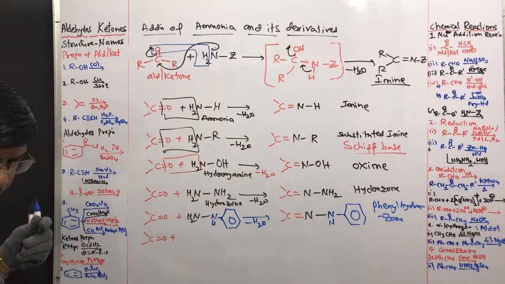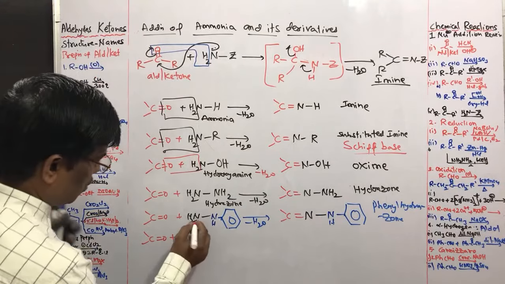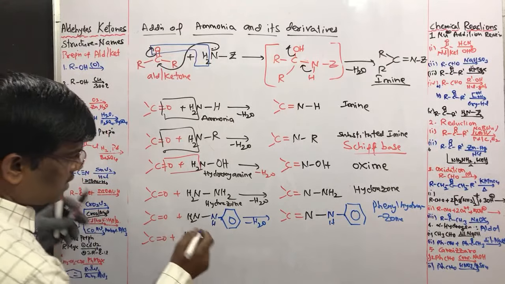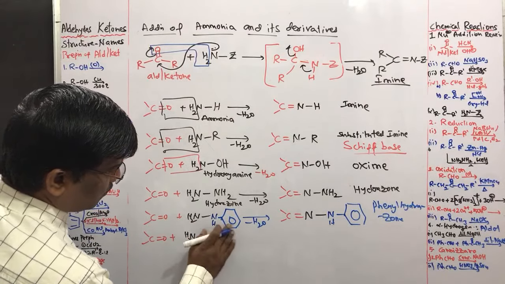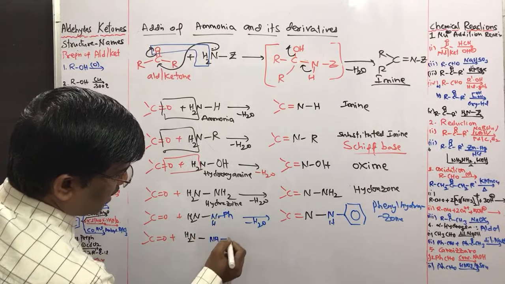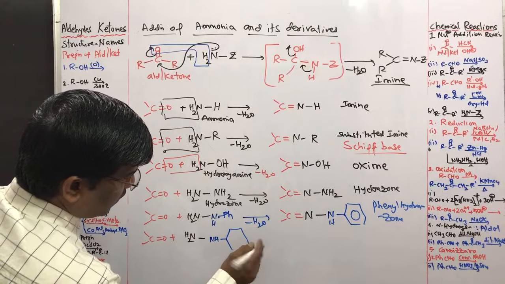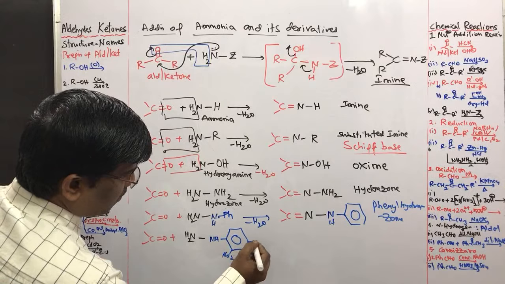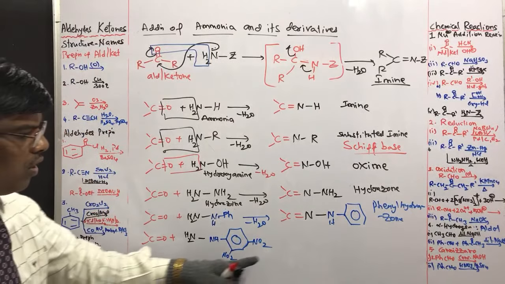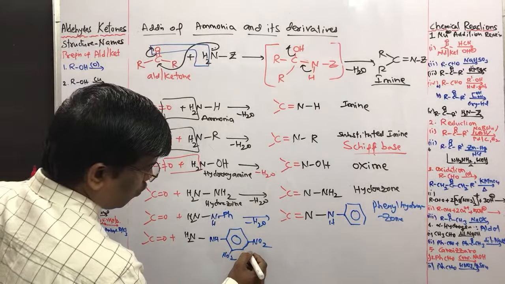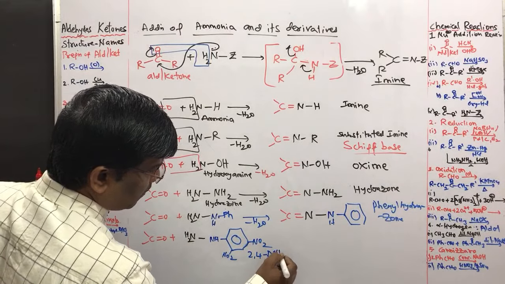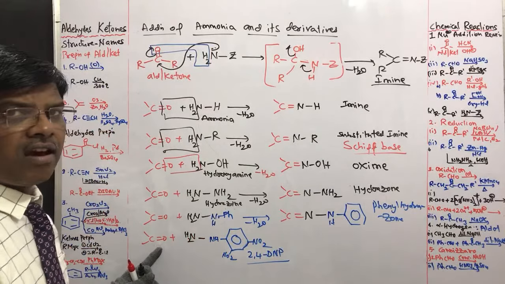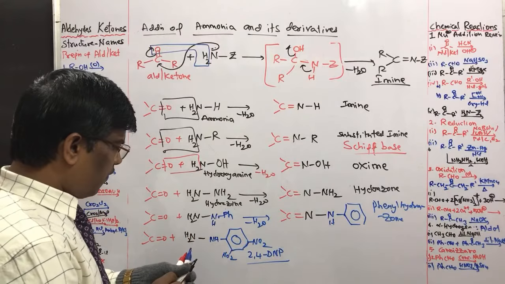So when I use NH2 and this side NH and this phenyl ring, and if this phenyl ring is substituted with dinitro at 2 position and para position, 2,4-dinitrophenylhydrazine, 2,4-DNP. It is a very important test for the identification of aldehydes or ketones, where it is going to form